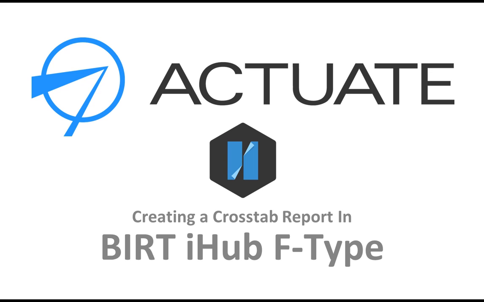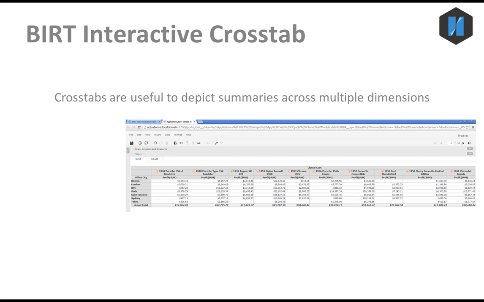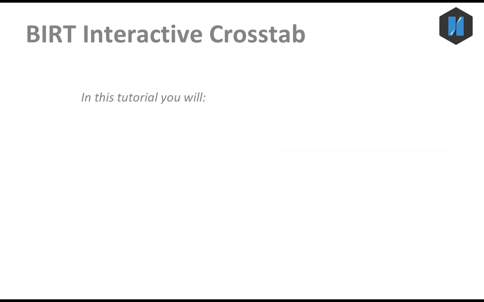Crosstab reports are a convenient way to display summary information, for example, revenue totals by region and sales quarter. In this tutorial, you will use Actuate interactive crosstabs to create a crosstab report showing profit totals by sales office and product line. In the process, you will learn how to specify the rows, columns, and measures in the report,